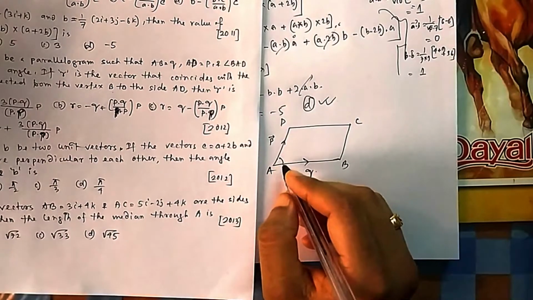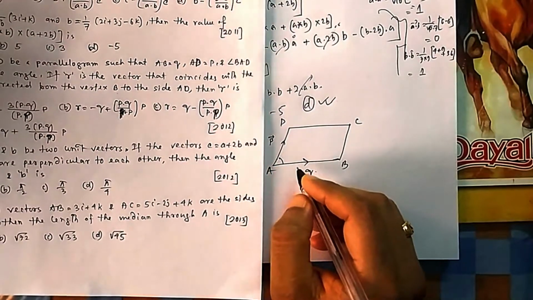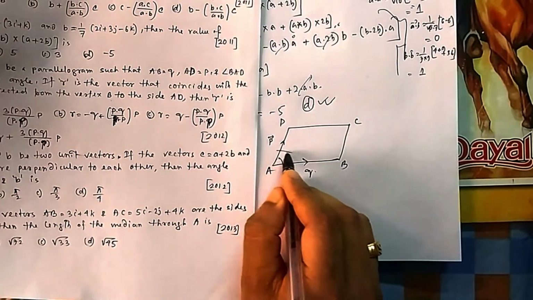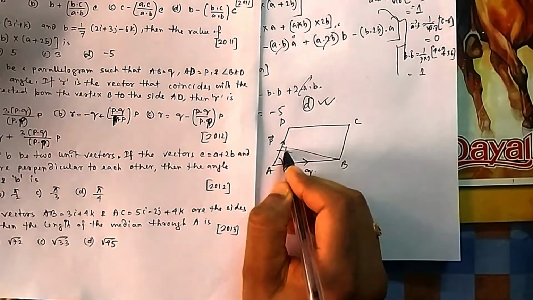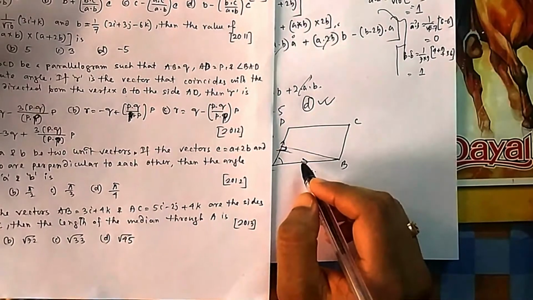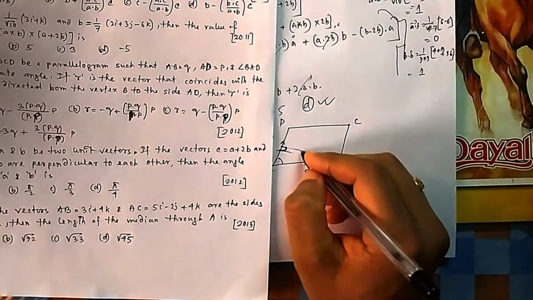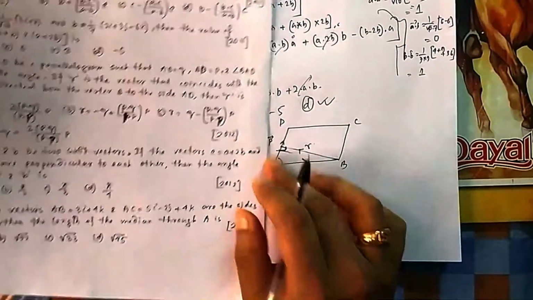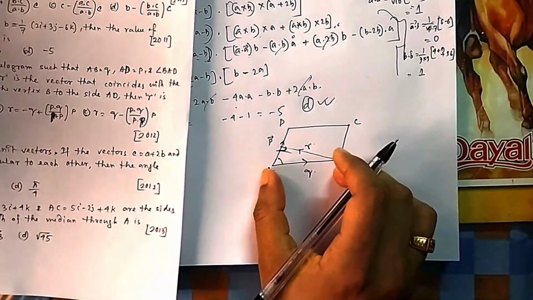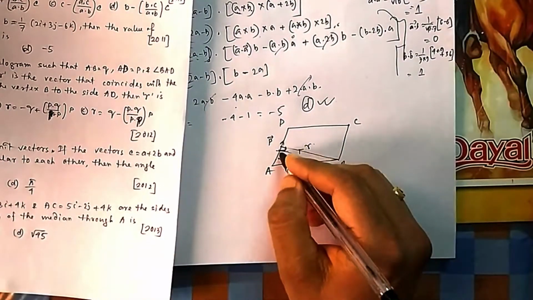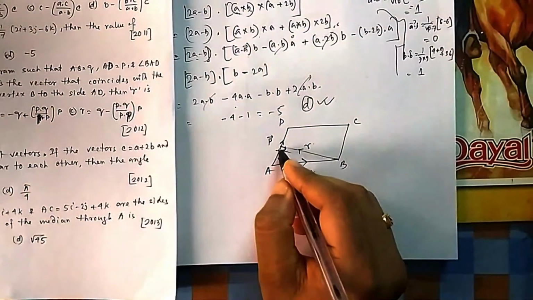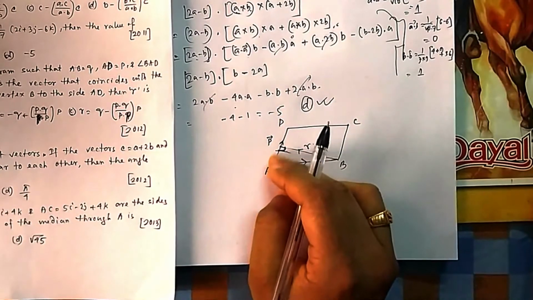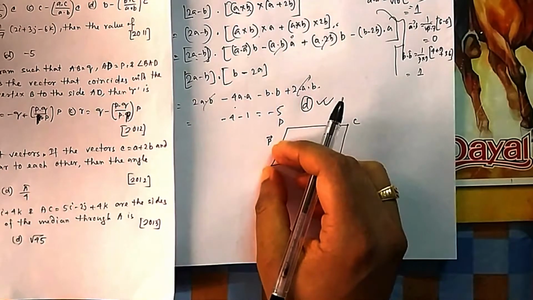Okay. The R is a vector that coincides with the altitude directed from vertex B to side AD. So from here suppose you have drawn a perpendicular. So this is the R vector that coincides with the altitude. So this is your R. Okay, vertex B to side AD. Then R is given by, what is the value of R? Total length is Q, and this one you don't know. Okay, so if you can find this vector, this total length is Q vector, but how much of P is included in it you don't know.